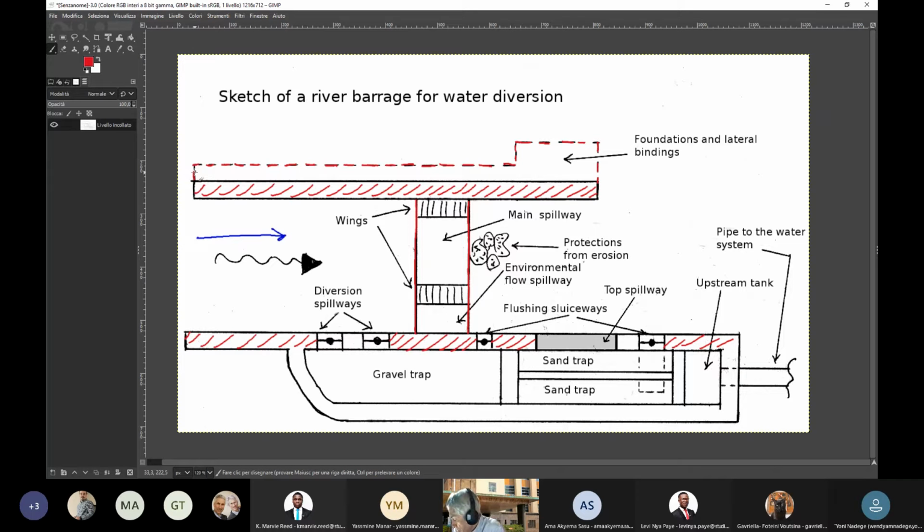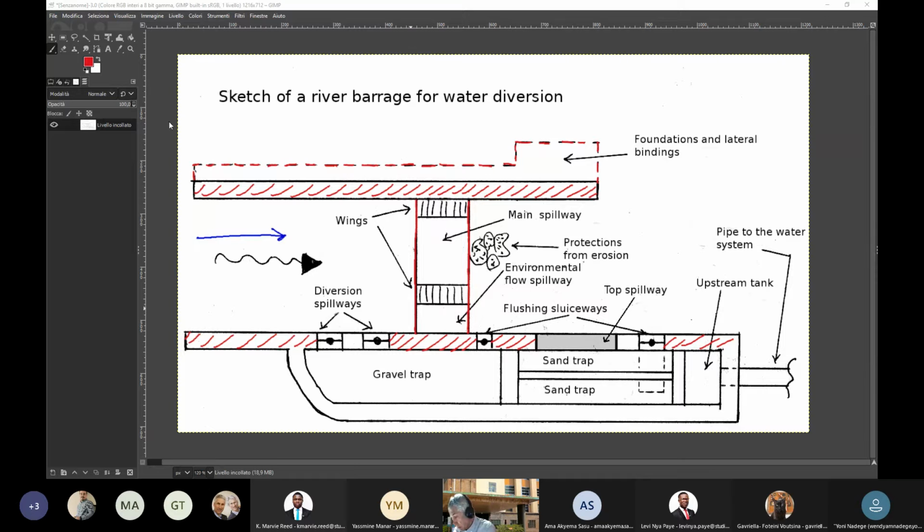Now, let's look at the main barrage. The barrage is divided, in the across river direction, into several parts. It's not a unique weir. There is a part that is placed at a lower level, and the part that is placed at the lower level is what is called